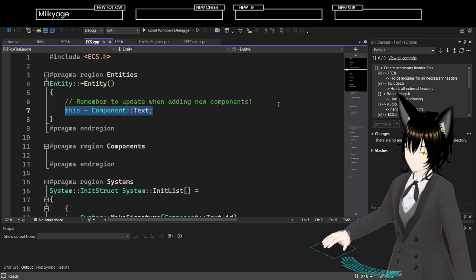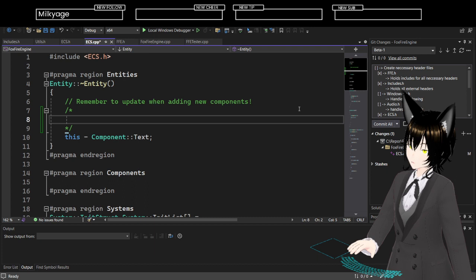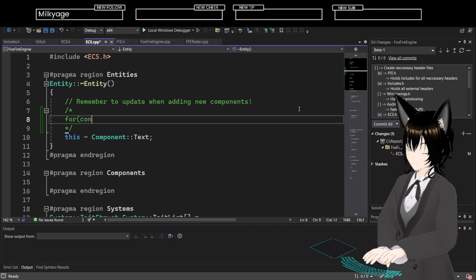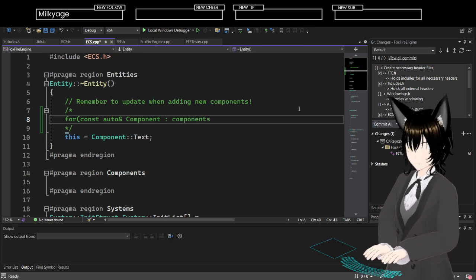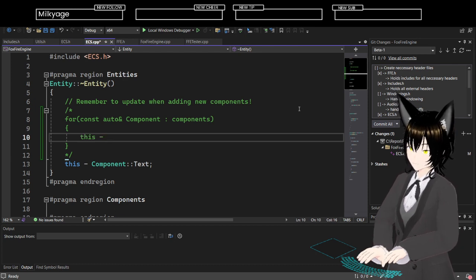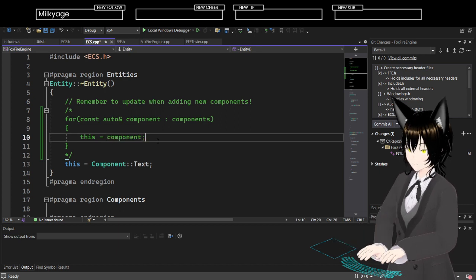This should be something more along the lines of, this should be like a for const auto components, this minus components, right?